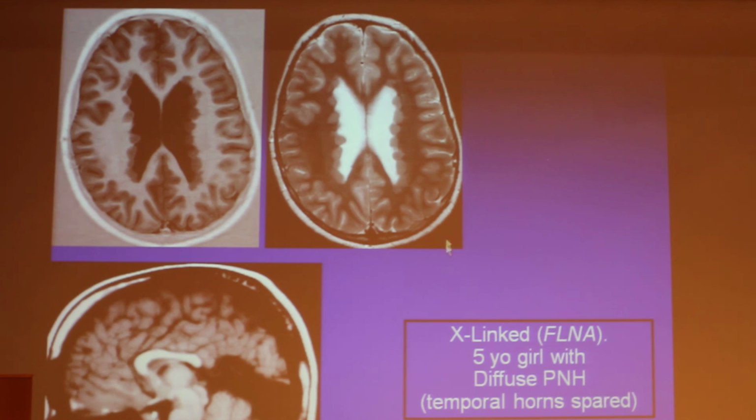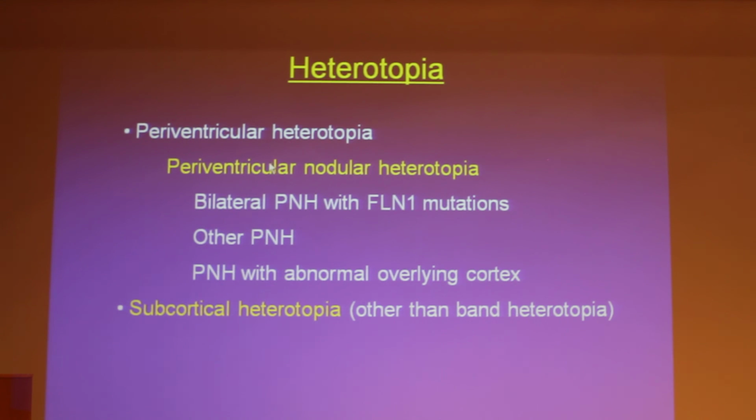And these are just a few more examples of diffuse in the older, 5-year-old. This is how they can be. And if you think that's complicated, now there are new genes that actually show that these two things can come together. There's been a nice review by Barkovich and another that actually the heterotopias go with the subcortical and